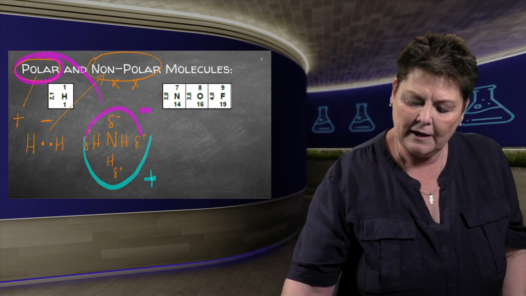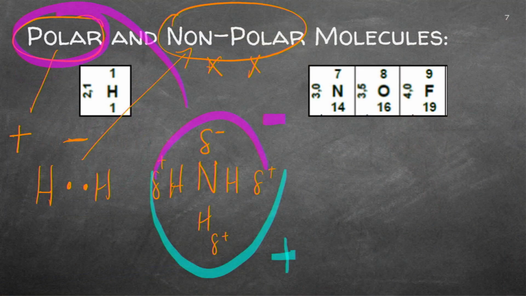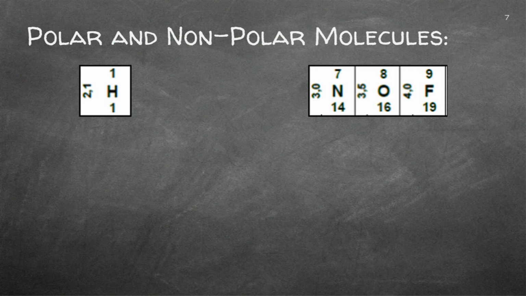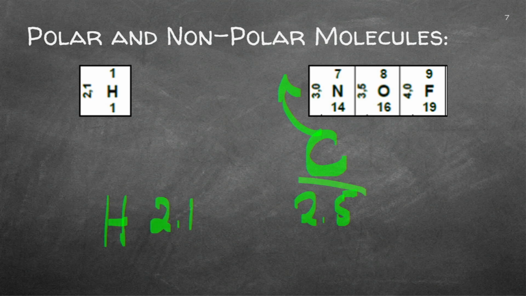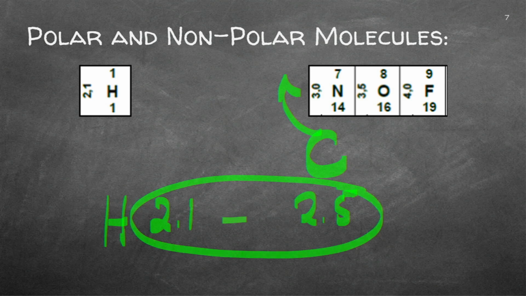There's just one example that I'd like to do with you. Let's say, for instance, I've got sodium. No, I'm not going to use sodium. Let's rather take carbon. Now have a look at your electronegativity if you can find carbon. I think if you have a look, you'll see that carbon is next to the nitrogen here. And carbon's value is 2.5. If you have carbon and your hydrogen, which is 2.1, can you see that it's a very weak polar bond because the difference is only 0.4.